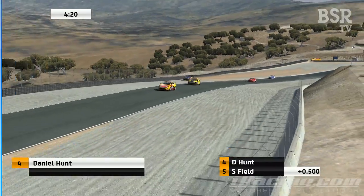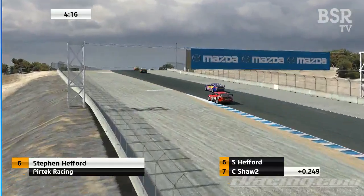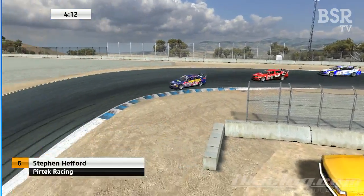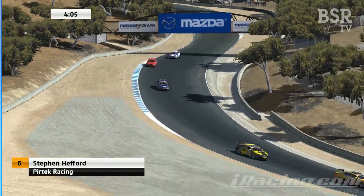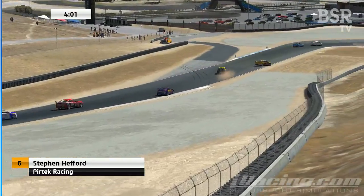Oh, and Hefford's gone off. Hefford's wide. Oh, it's a disaster for Stephen Hefford. He's going to give up that place there. Oh, he's held it. Yeah, didn't lose too much time there really. Richard Wilde, meanwhile, is right on the back of Chris Shaw now, and Hefford is in the middle of...